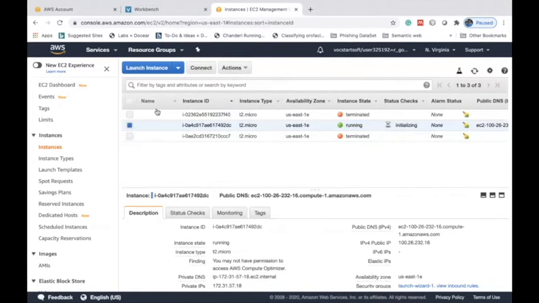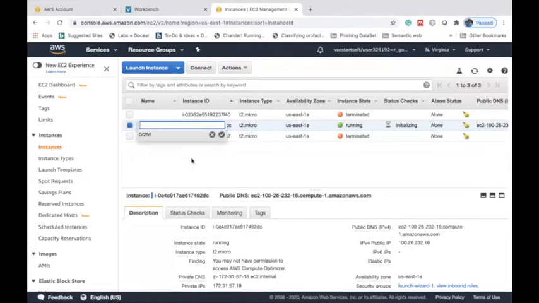So how do I connect? Consider I have created some virtual machine. If you want to connect to a particular virtual machine, select it and click on connect. But before clicking on connect, if you have started multiple virtual machines, it is very difficult to exactly identify which virtual machine you have started and are supposed to work on. So you can give some name to the virtual machine which you have created.